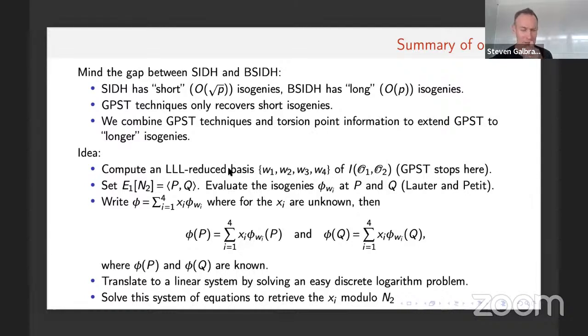Because you could actually define a different lattice, right? At the moment, you're starting off with the module between O1 and O2. Yeah. And you're starting off with the basis for that module, and then you're imposing the torsion points condition. But you could make these torsion points conditions a restriction on the lattice to give you a lattice of a different volume, and then the behavior of LLL might be different. But I mean, these would definitely be the next few steps. So after GPST, if you continue doing these few steps, you could definitely use this for SIDH.